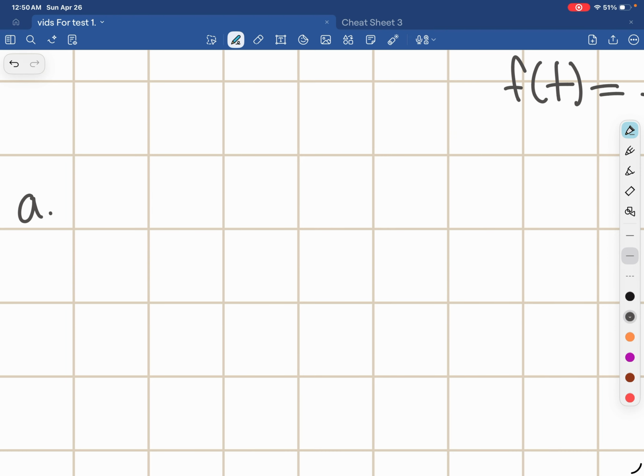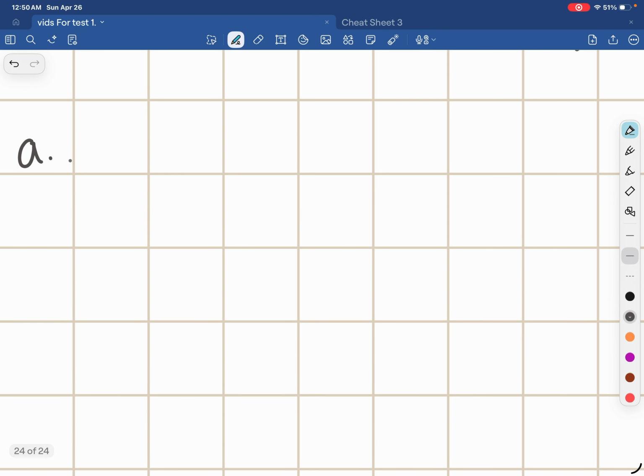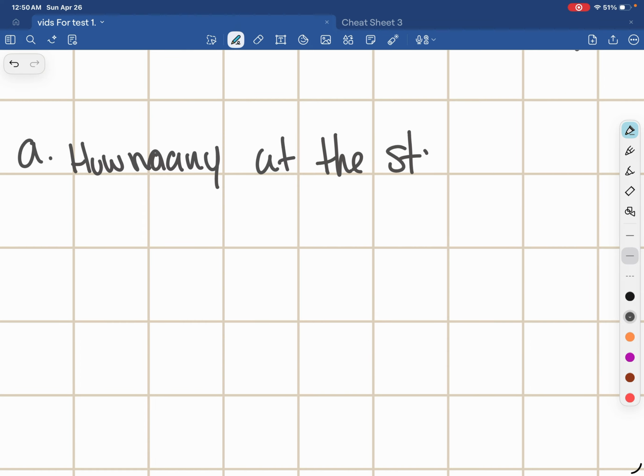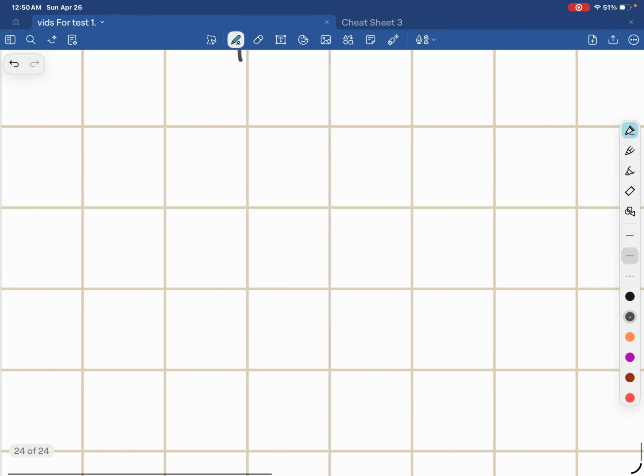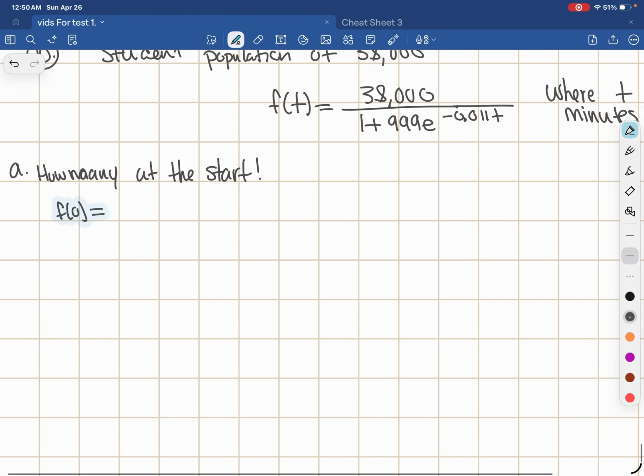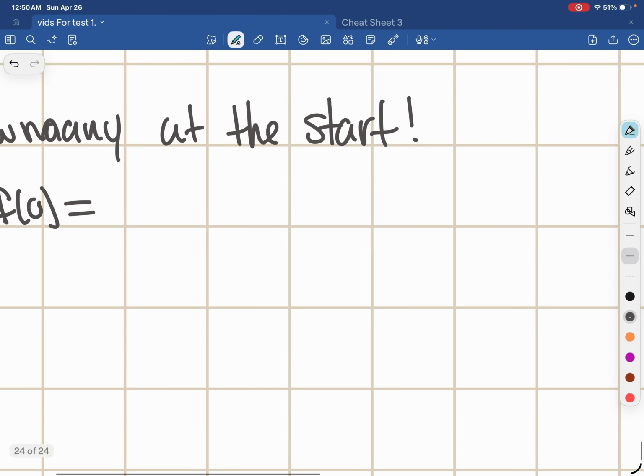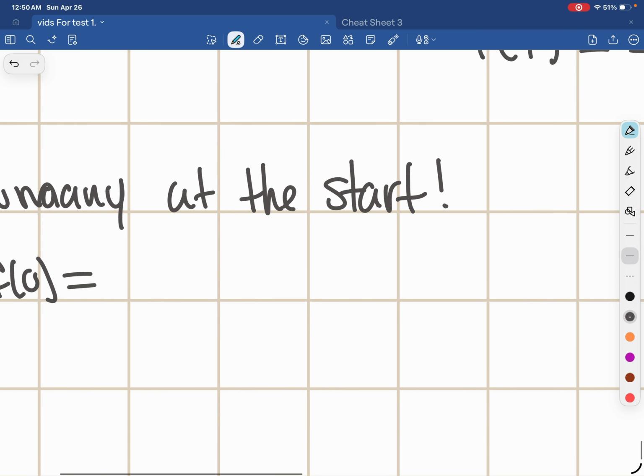A is how many flu B cases are there when the academic year began, so how many at the start. The way that we do this is initial, right? This is the starting of everything. So we can write this as F of 0, and we plug in 0 for T, because this is the very first start. So we will have